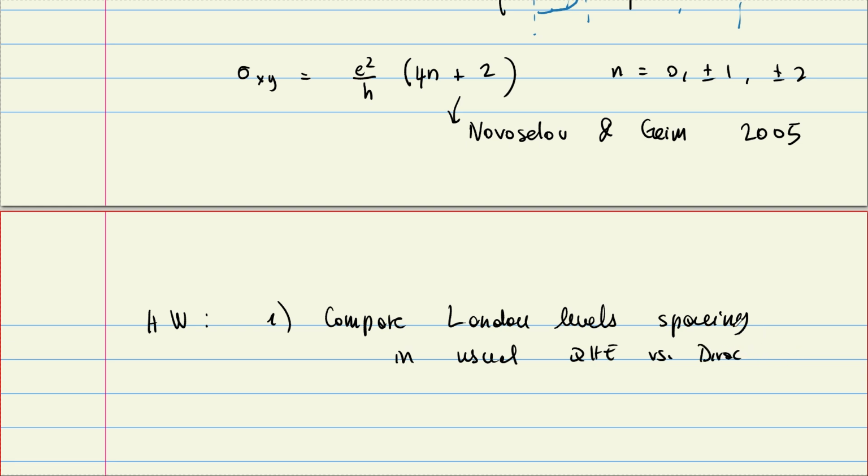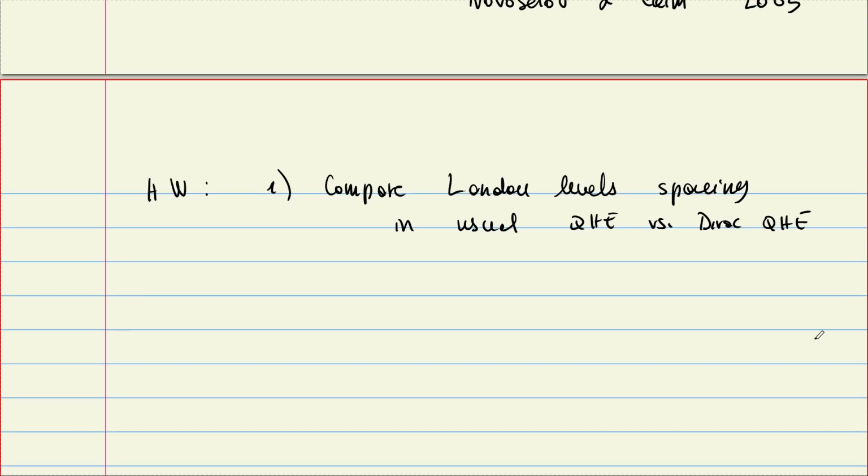I mean, the Dirac quantum Hall effect is the graphene quantum Hall effect. What I mean by this is that in the usual case, Landau level spacing is h bar omega, right? And this is h bar eB over mc. Whereas here,